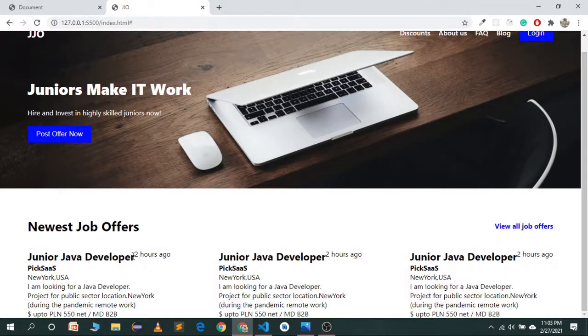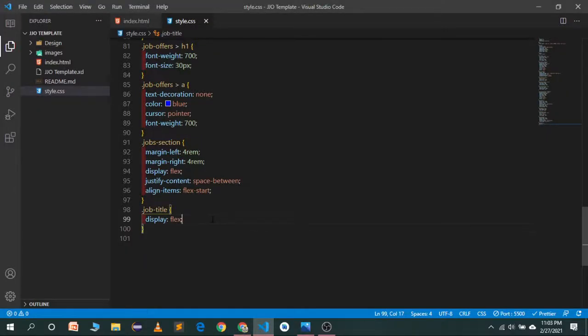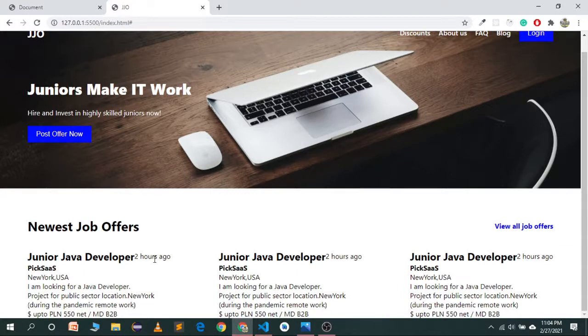Now you'll see it is looking in the row direction, but it's not looking good. Just give it some styling, such as justify content space between, and align items center. Let's see, now it has become centered.